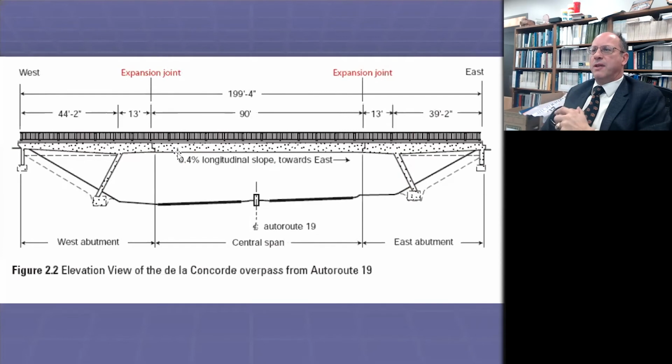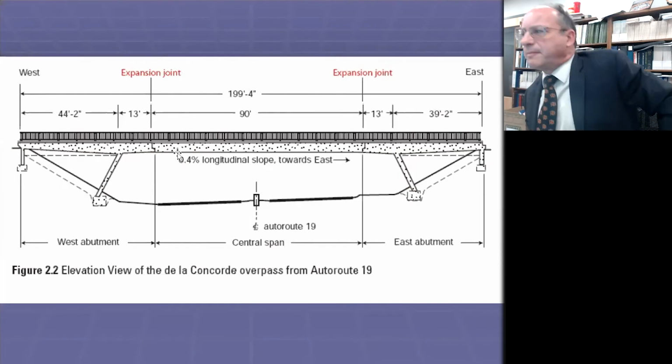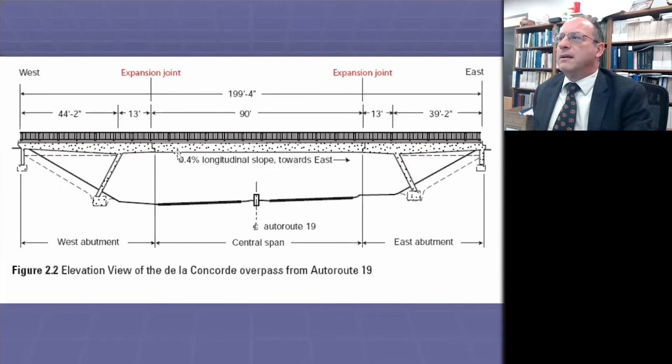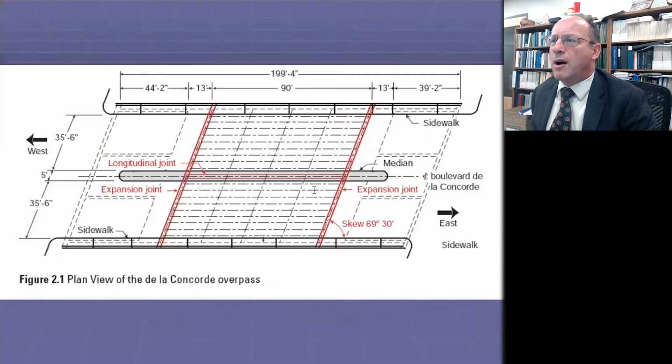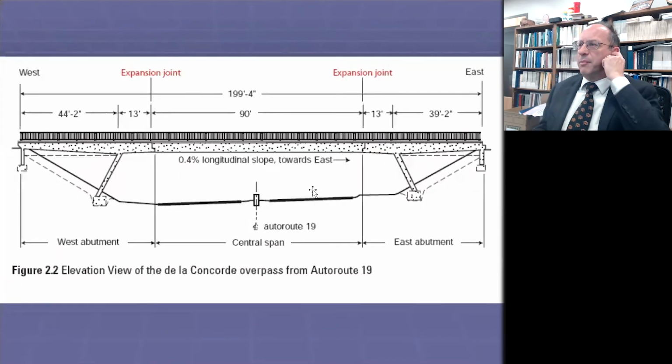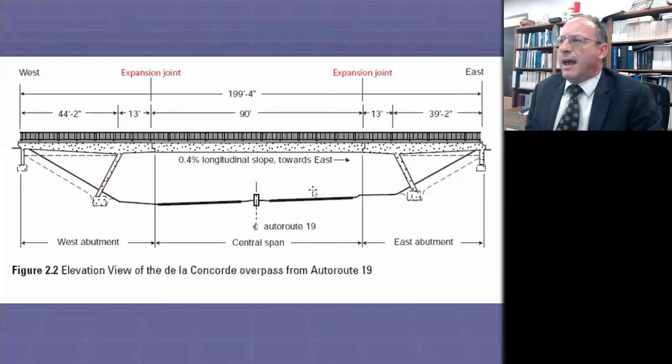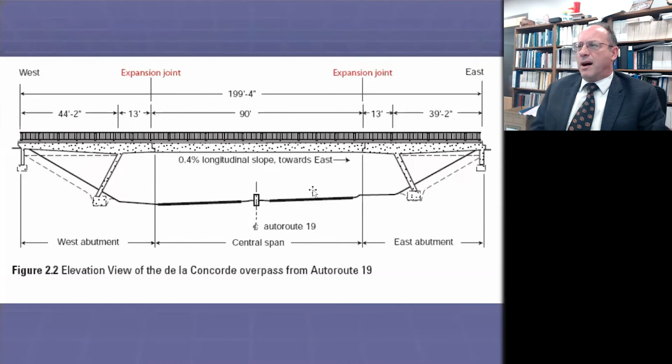And how did it do that? So go back a little bit to this picture. If you look at these ends, you see these look like fairly solid abutments, but in fact, they're not. That's just a wall. And the main structure of the abutment is an overhanging beam on a diagonal support column.